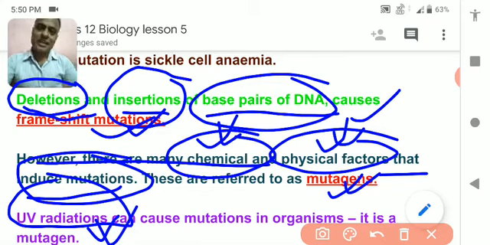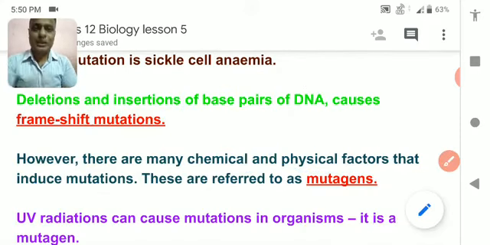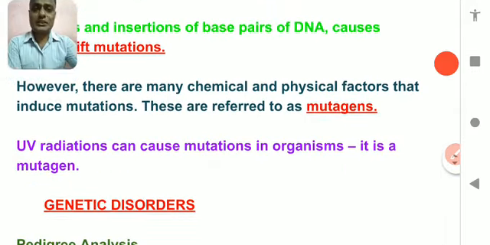Similarly, you have seen so many people use tobacco in their mouth, and they have some kind of cancer in their mouth. So the cancer is caused due to tobacco. There is some chemical present in the tobacco that changes the DNA of the mouth and causes cancer of that place. So it is also a kind of mutagen. I think you have understood these things.